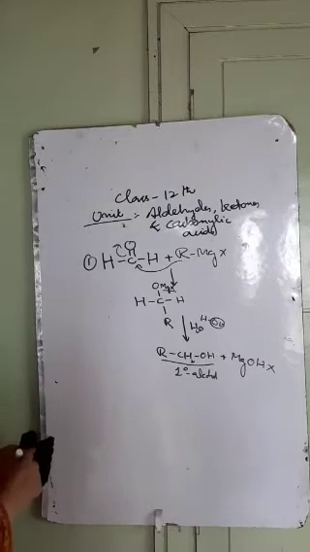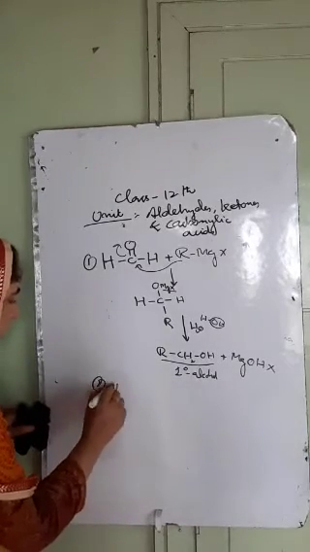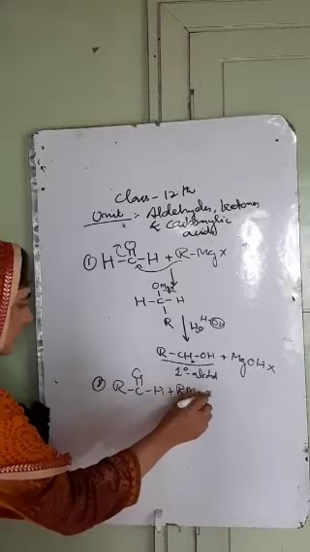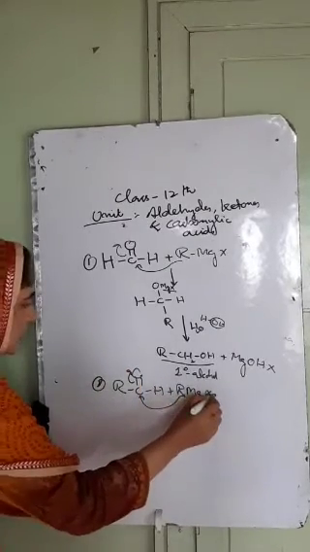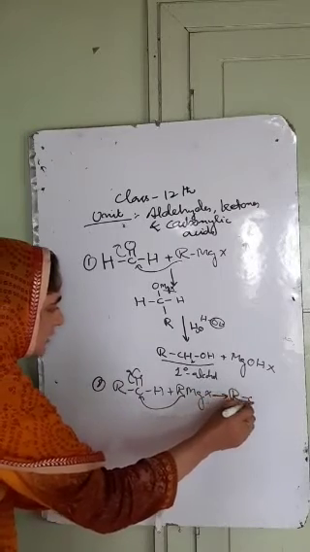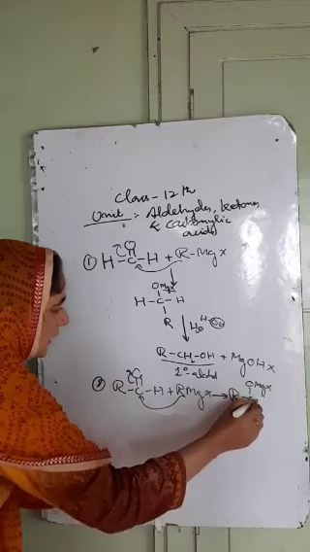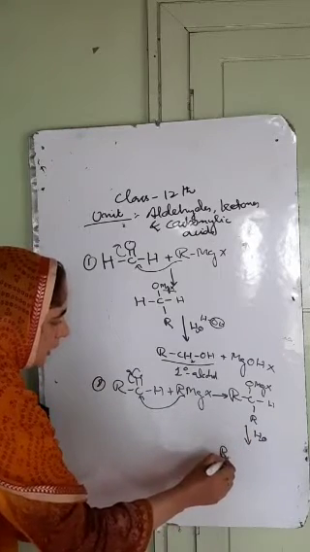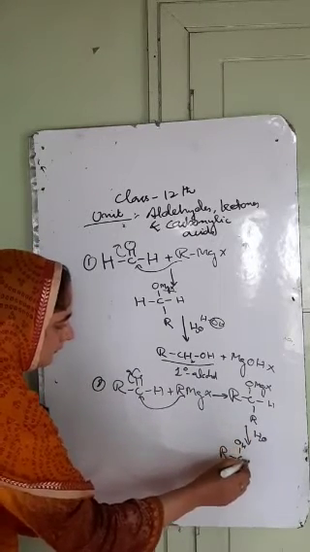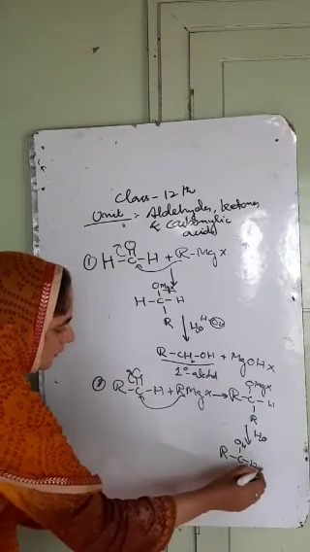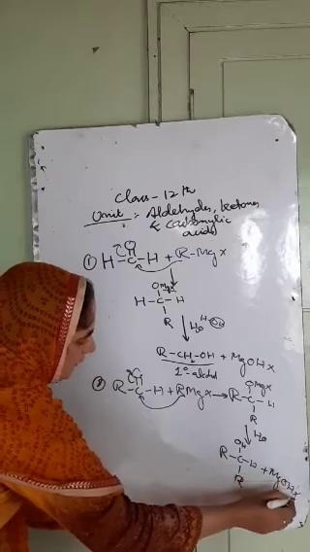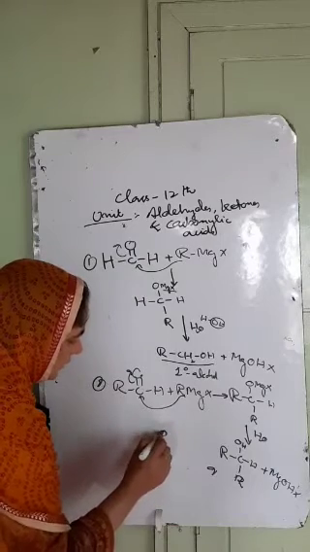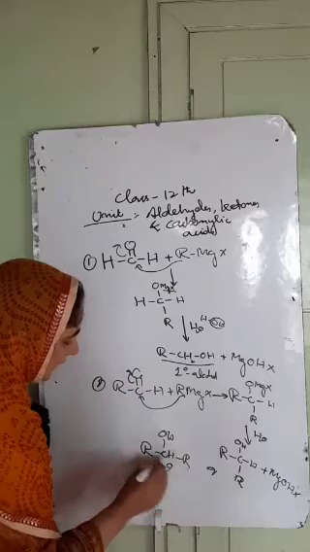Similarly we have the aldehydes other than formaldehyde. Second one, we have RCHO plus Grignard's reagent RMgX. तो R यहाँ आएगा, MgX यहाँ चला जाएगा and form the addition product that is RC, OMgX, H and R. तो यहाँ पर हाइड्रोलिसिस हो जाएगी with H2O and form the RC, OH, H and R plus MgOHX. अब ये क्या है, this is secondary alcohol, or we can write it as RC, OH, H and R. This is our secondary alcohol.